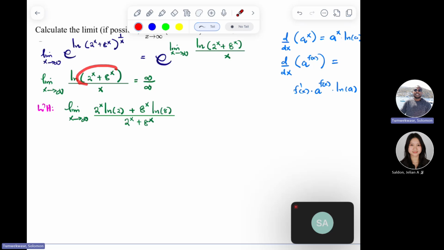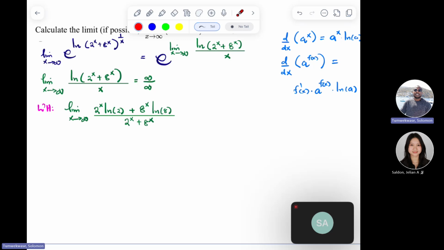Remember, I take the derivative of this, which is this guy on top, then divide by that same guy, which is this. That is how I take the derivative of a natural log. So the whole of this is the derivative of the numerator, then you divide by the derivative of the denominator, but the derivative of x is just 1. So I can just remain with that guy then. Okay. I really hope